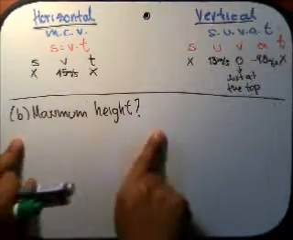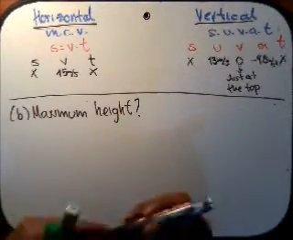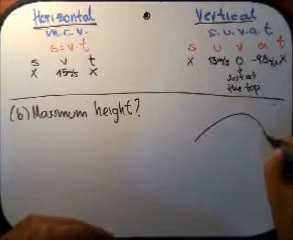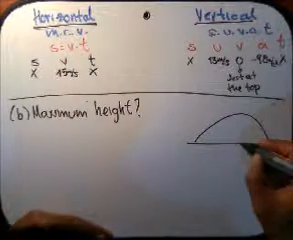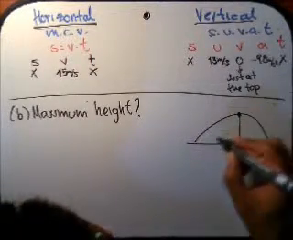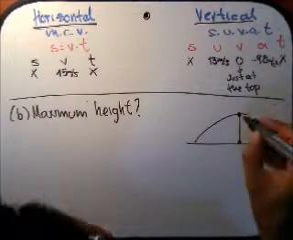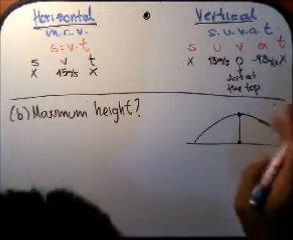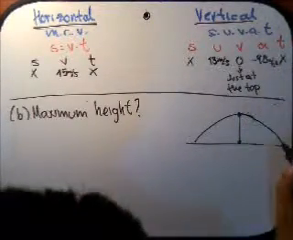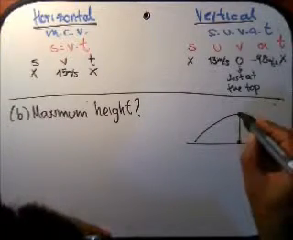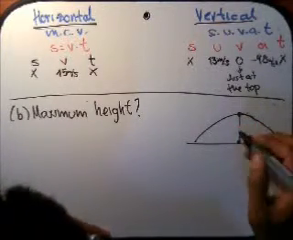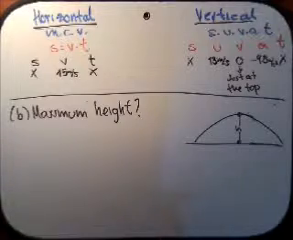Okay, let's talk about the second question. The second question was the maximum height, right? The maximum height is obviously the height that the ball gets when it gets to its maximum point. This is supposed to be symmetric, so it will be something like this. This is what we're trying to find, this maximum height here. So